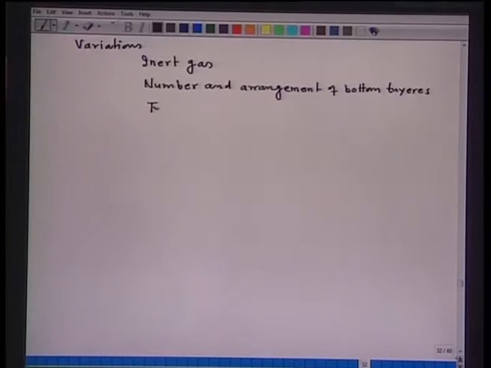You need that amount which just stirs the bath, not more than that, because the reactive jet is being supplied from the top. So, the additional bottom gas is provided just for stirring purposes, and you require a minimum amount of gas. If you decide on the amount, then what should be the number of injecting elements and how are they arranged? And the third thing is the type of injection element.